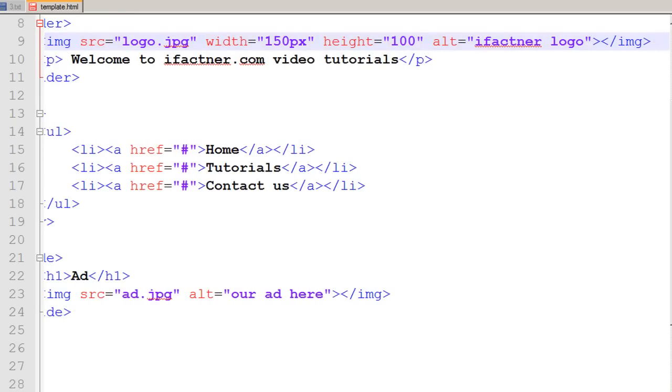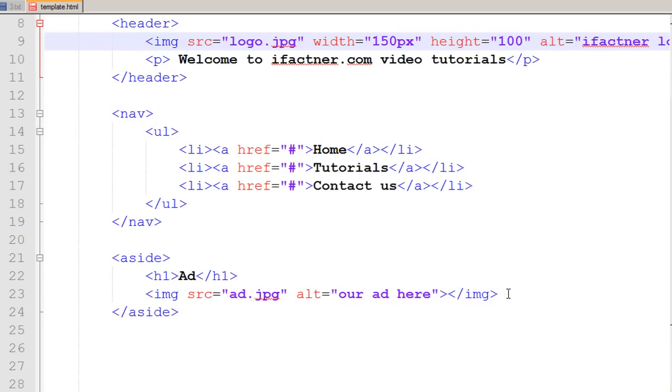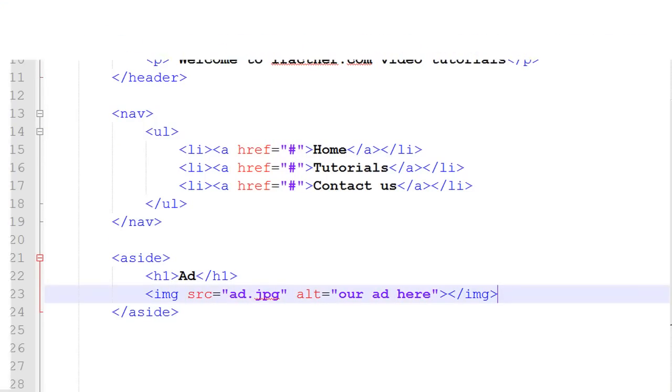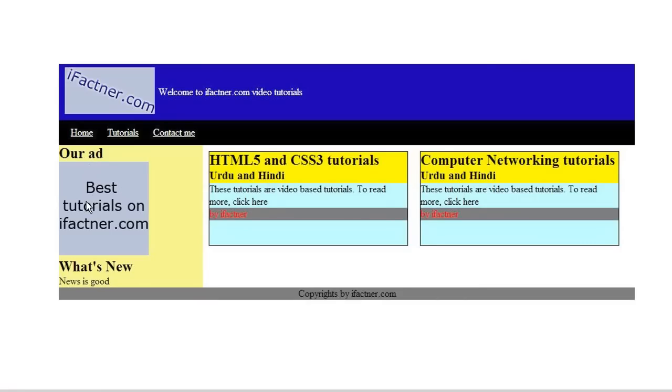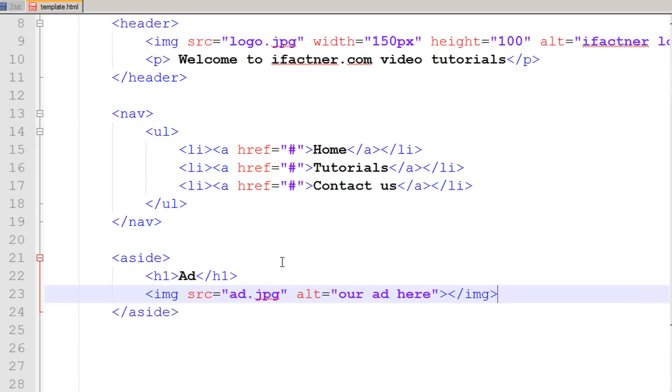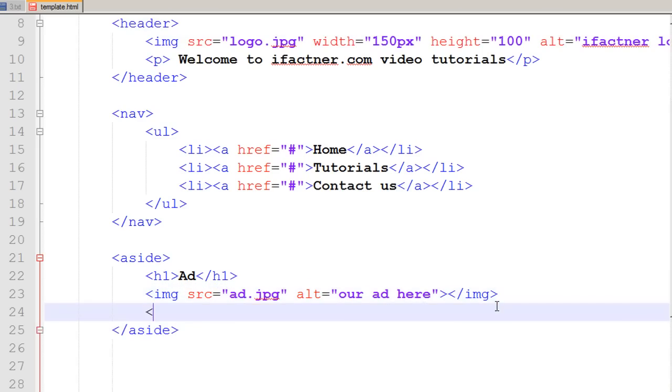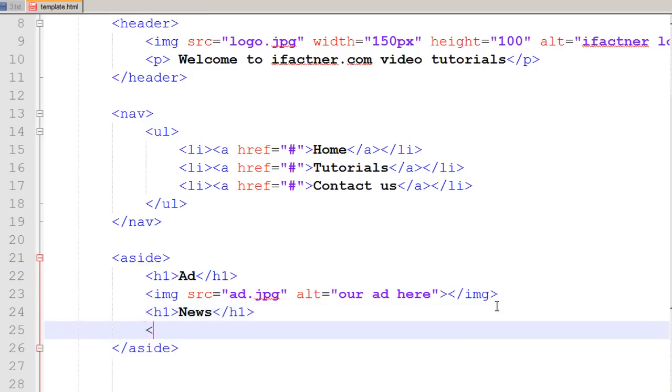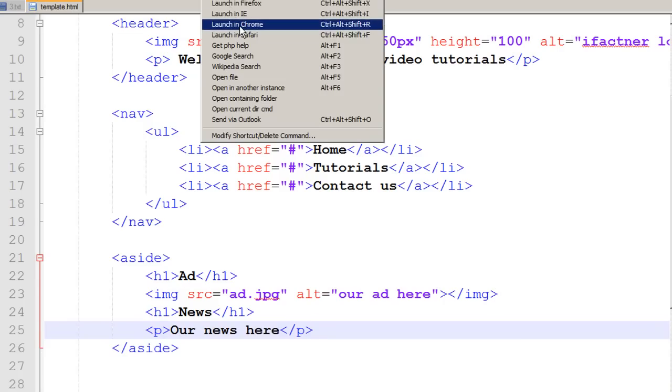So yeah, now we have got an image that would appear underneath our heading, our ad, and then we want another heading, h1 news. I close that tag and write our news here, and a paragraph, close it, and then I save it and click on run, launch in Chrome,